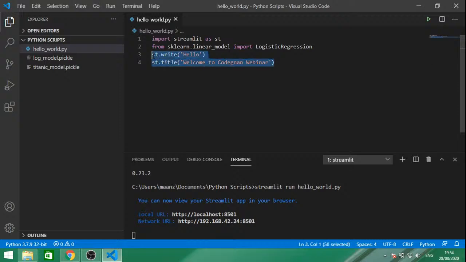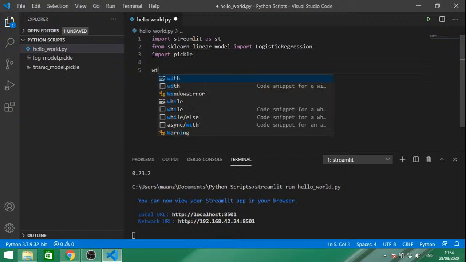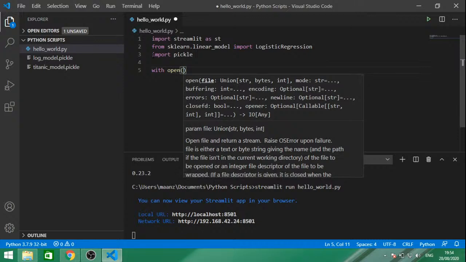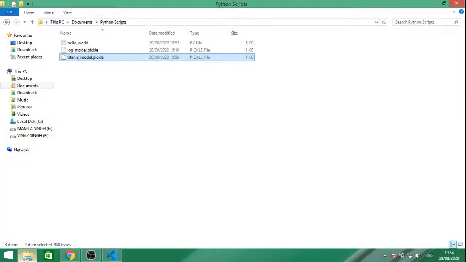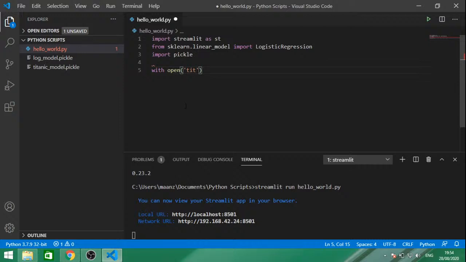All right, so I'm going to remove this, and here I'm going to import pickle. So import pickle, and then you have to open this file. So with open, and here you have to give the name of the file. We have stored this as Titanic classifier. So what was the name? Let me check that. Titanic_model.pickle. So here let's give Titanic_model.pickle